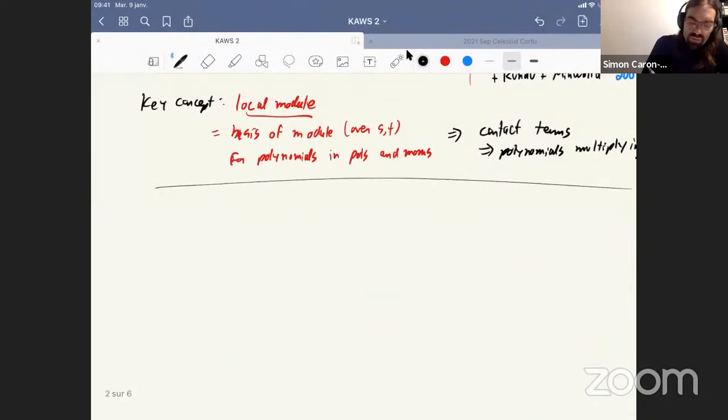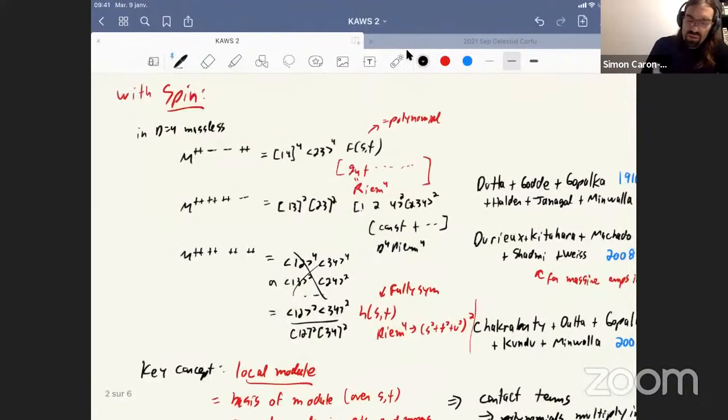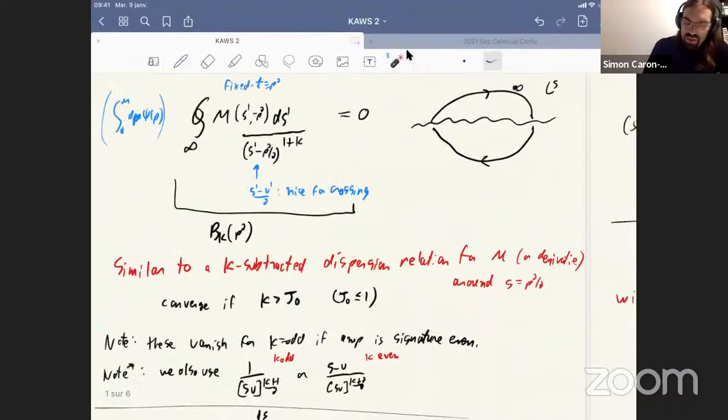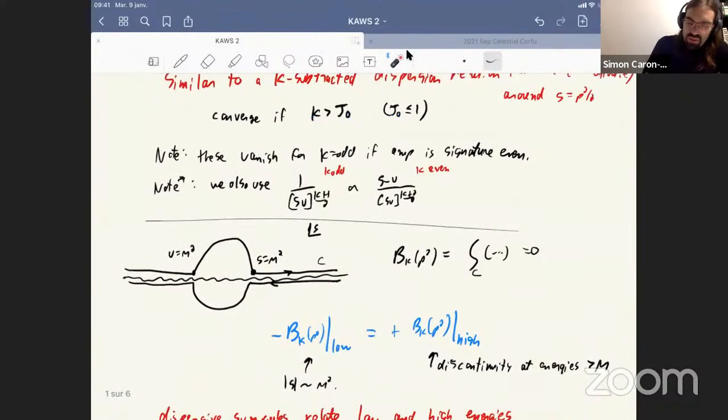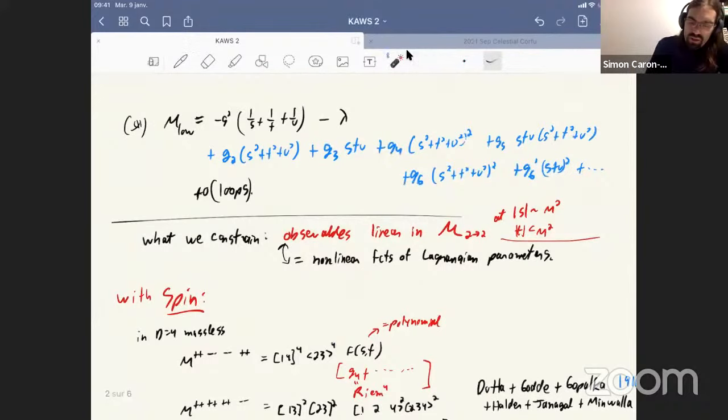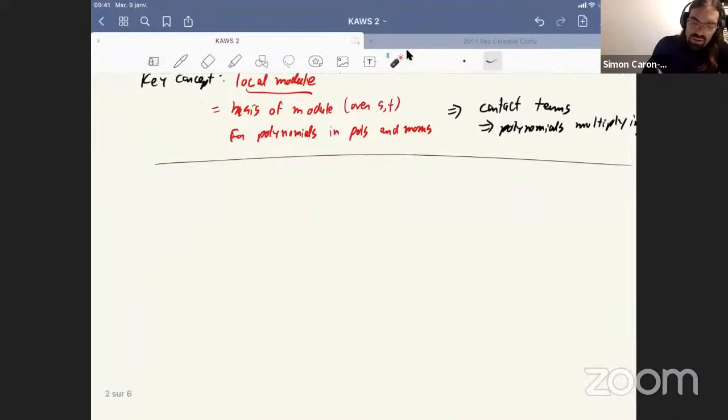So if we put in this scattering amplitude that was here, and plug it into these sum rules, we go back to the left, we just have this contour integral. And at tree level, this is just a contour integral. It's really just going to pick residues. Instead of having a cut, we just have poles, so it's very easy to calculate. You just pick out these coefficients, so you get things that look like this.